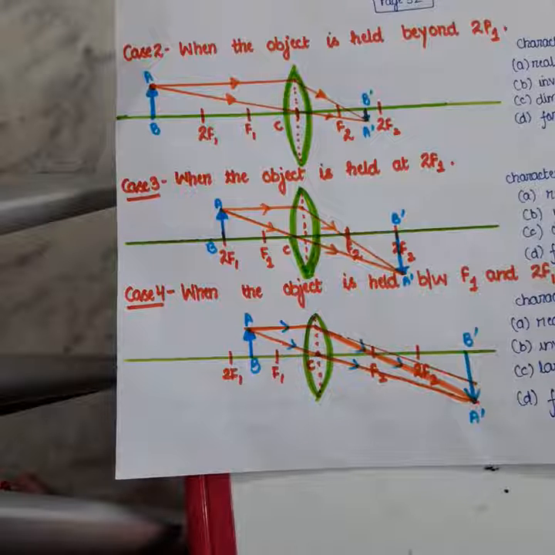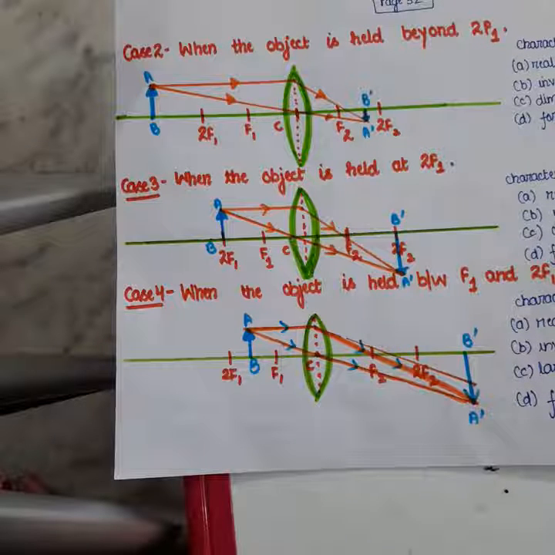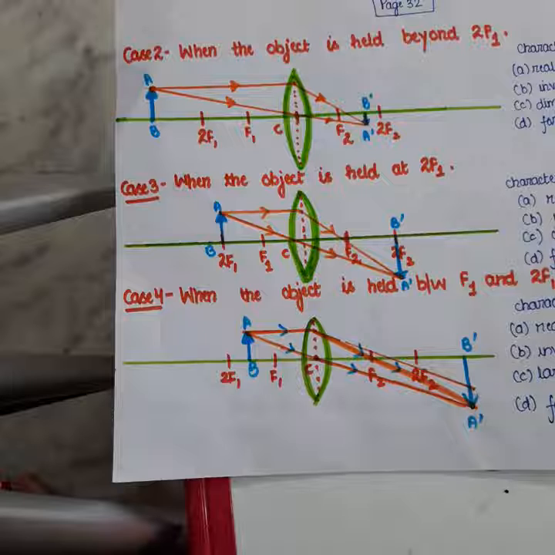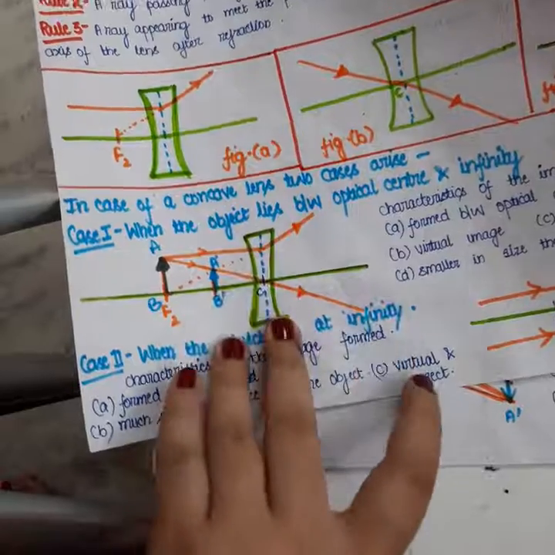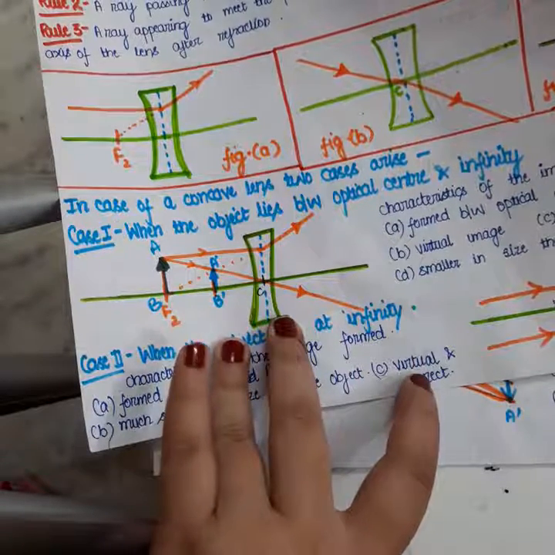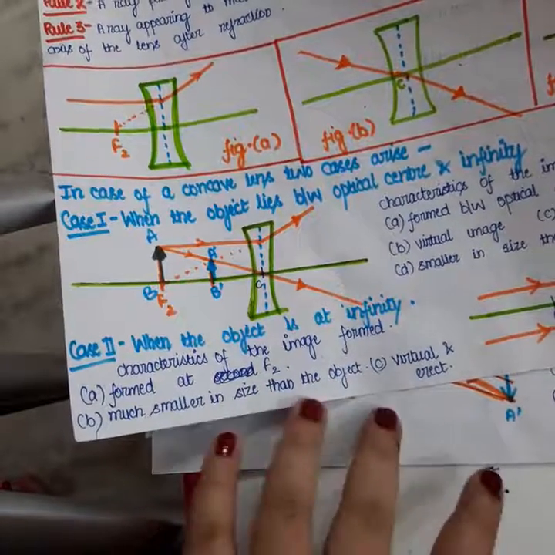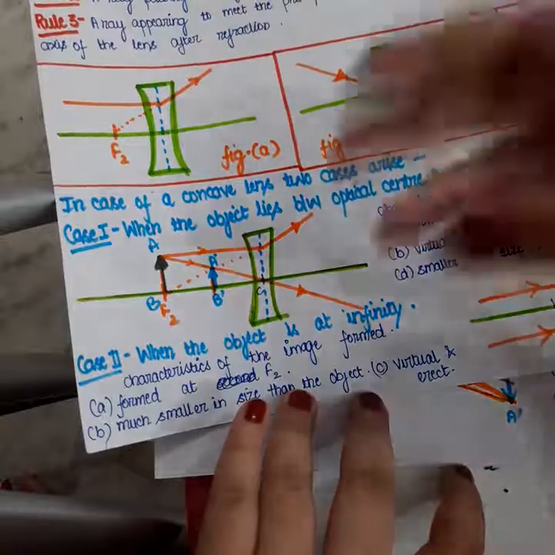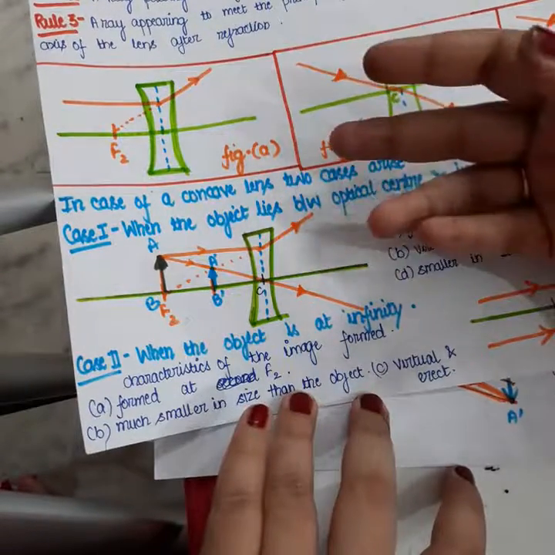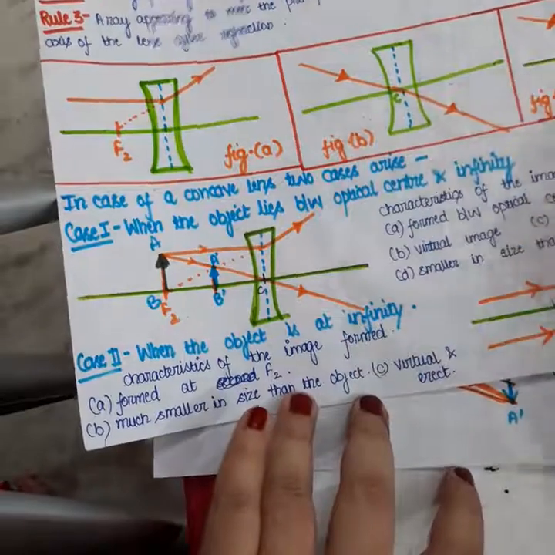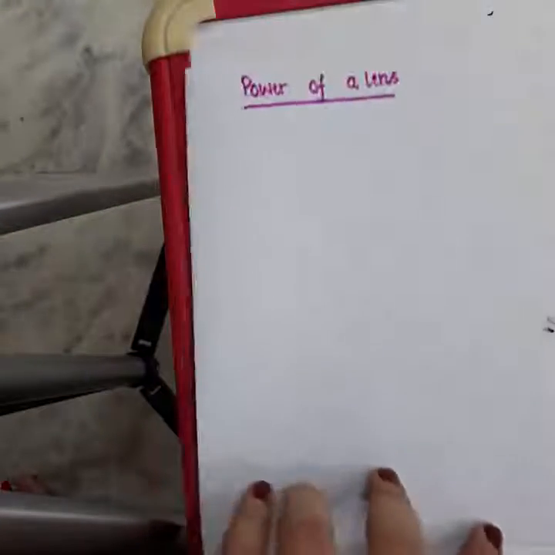will be positive for that lens which actually converges the light rays, and it is negative for that lens which is actually divergent. So what's going to happen for a convex lens? We are going to take the power as a positive power. For concave lenses like this, we are going to take power as something negative, because a concave lens does not converge, it diverges the light rays. So power is positive for a convex lens and it is negative for a concave lens. Always remember that.